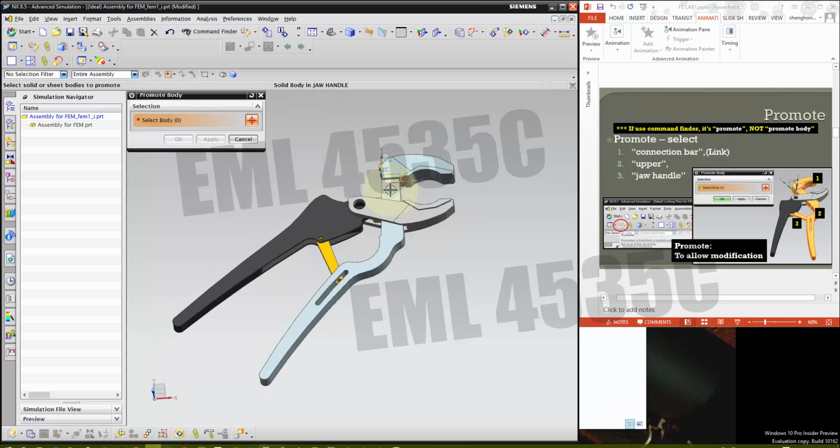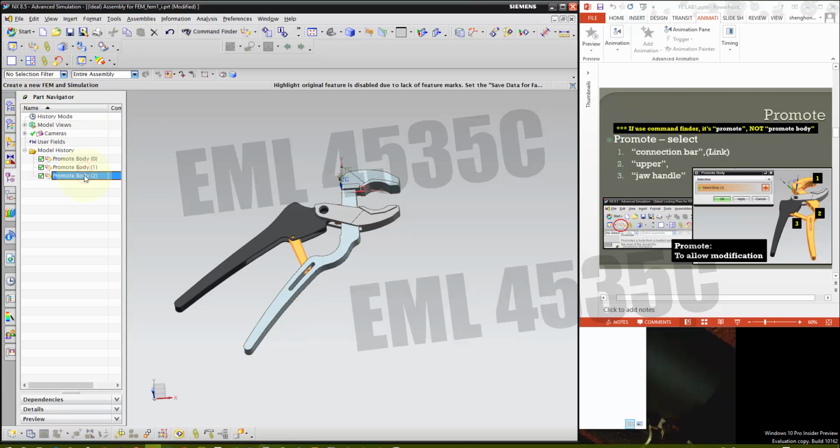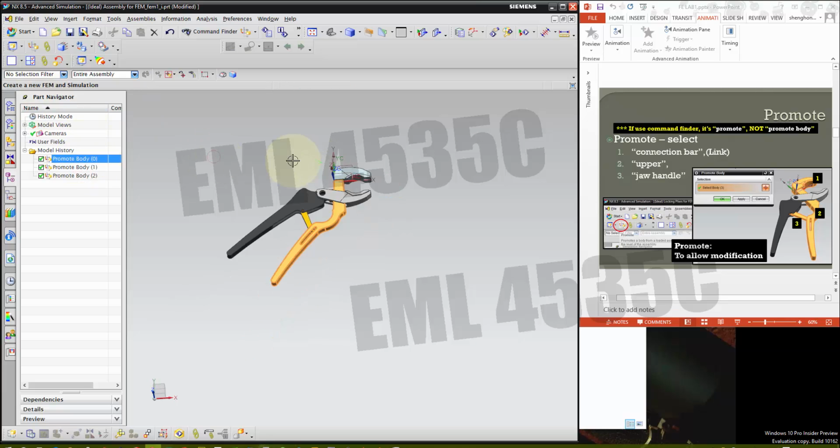And so we need to promote these 3 pieces. Take a look at the slide and say OK. Nothing happened, but if you go to the part navigator, remember this is a CAD. So in the part navigator, we have 3 promoted body. Okay, and next step is